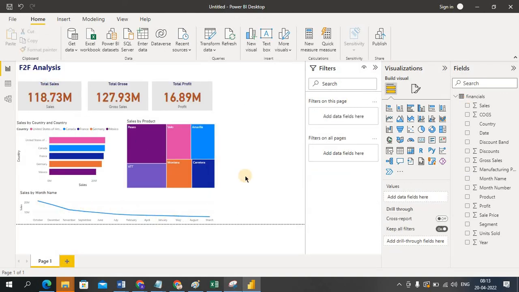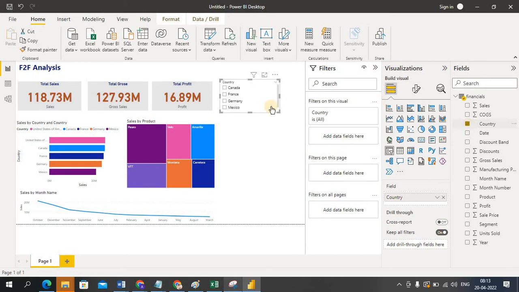Now I want to filter this application on country. So here the slicer is there. If you click on the slicer, the slicer comes into the picture. I am using this slicer as a country, so select this country. So you can see here, filter. So a filter is nothing but, guys,